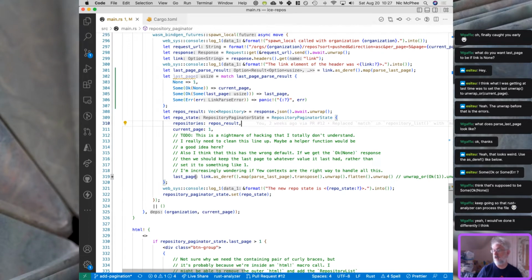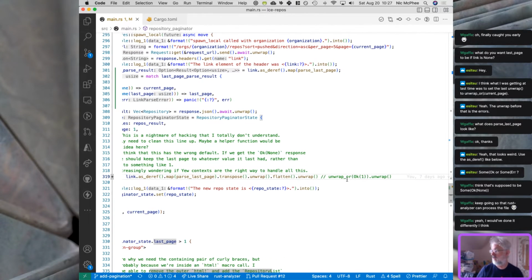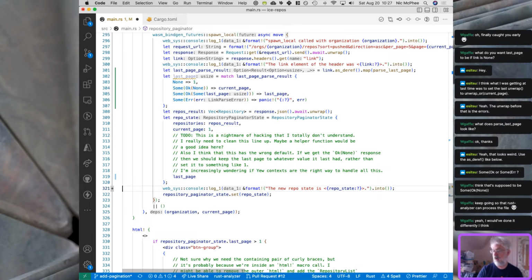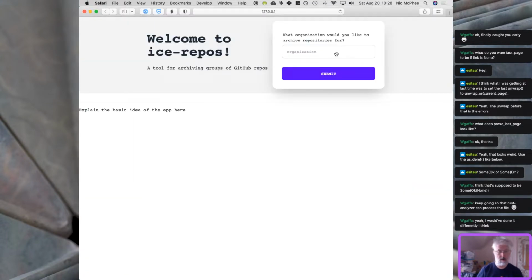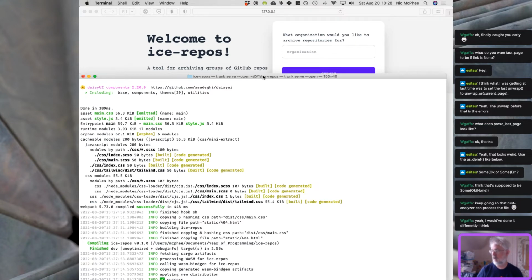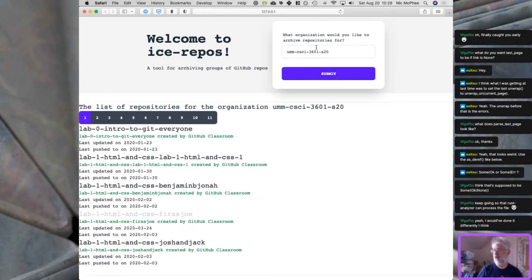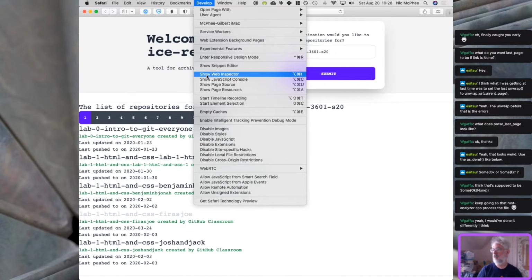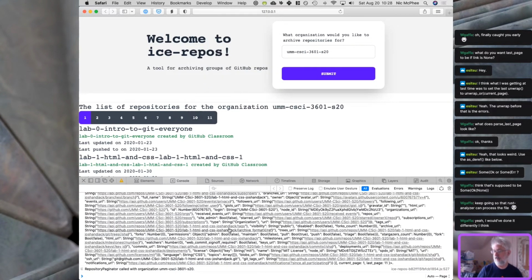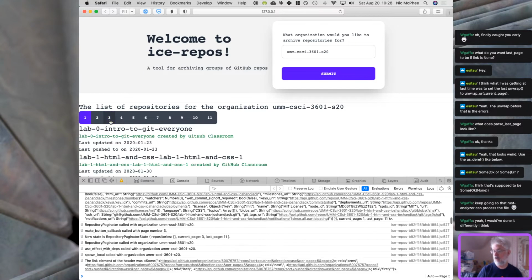And then this would just become last page. We would take all this stuff out. And so that in theory compiles. Does it run? Let me make sure we're all compiled up here. Yeah, we are. Good. Okay. And let's open the window, developer, JavaScript console. Okay. And if I go to another page,